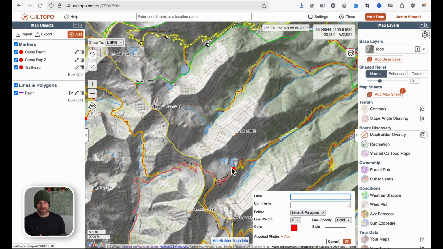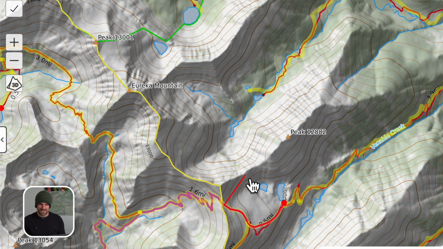Let's trace the trail we took down to the lake and backtrack a bit to the ridge. From here, we'll follow the ridge north. You'll notice that CalTopo won't automatically snap to the ridge line like it does for trails, because there's no trails here. There is a yellow line, but I think that's probably just a county line demarcation labeled on my base map. Instead, let's manually trace the crest of the ridgeline until we get to the next trail that reaches it